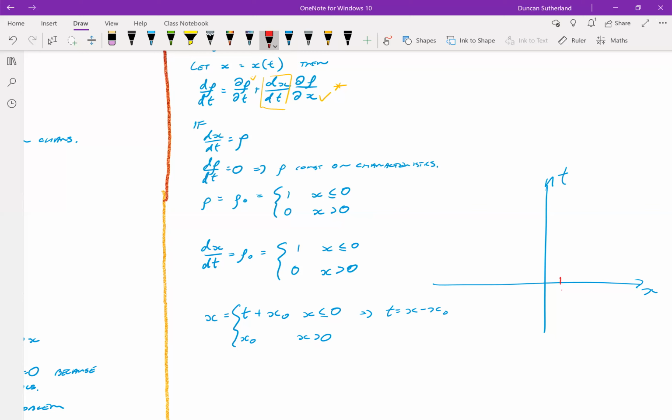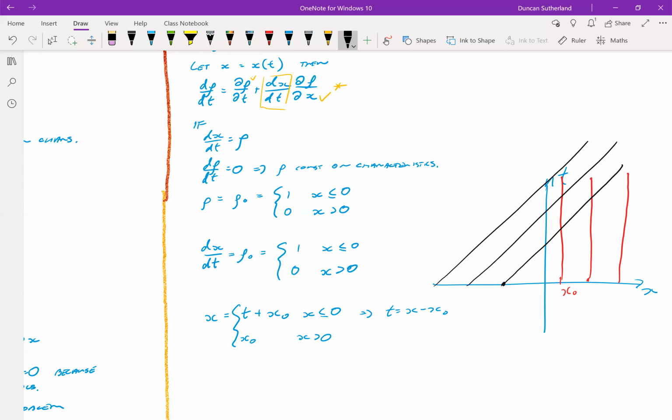It doesn't move from whichever starting value we give it. Each of these x naughts can be different. If x naught is negative, then we've got a line of gradient 1 but intercept minus x naught. So we're down here, doing this,